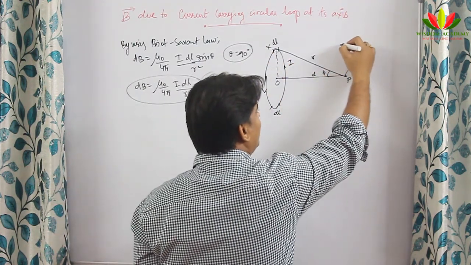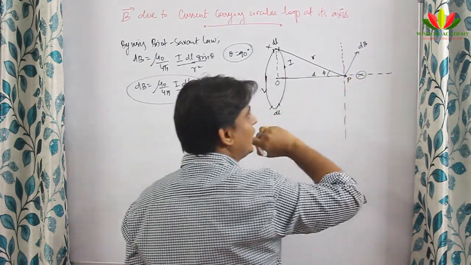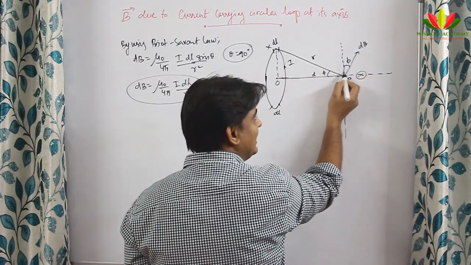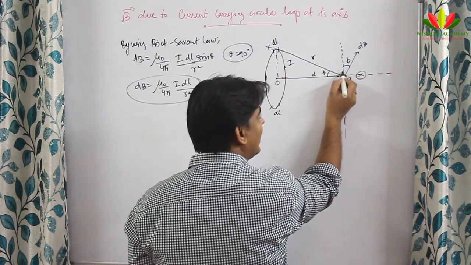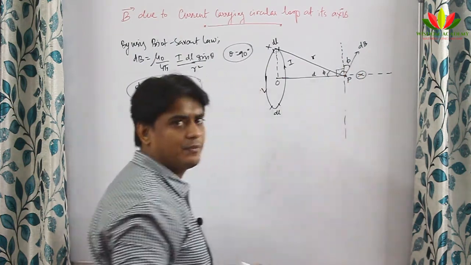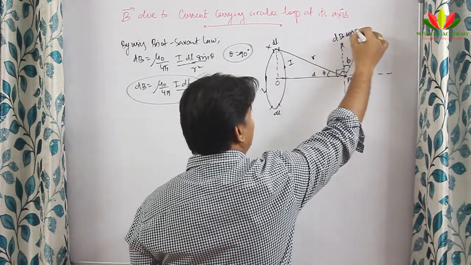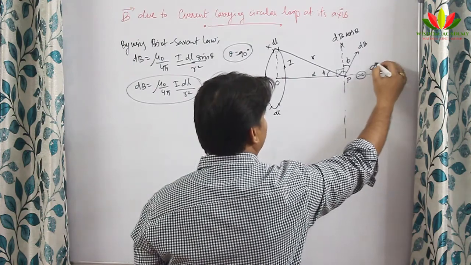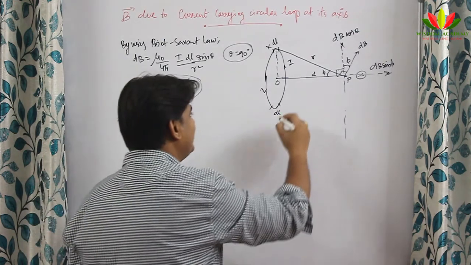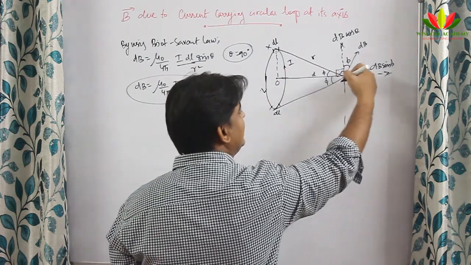So if I draw a reference line here and a reference line here, you come to know that this angle also becomes phi. How does it become phi? The angle between dB and r is 90 degrees, and this is also 90 degrees, so by basic geometry this also becomes phi. So this component will be dB cos phi, and in this direction I will have dB sin phi. In the same way, if I join this other dl at the same angle phi, I will get dB in this direction.